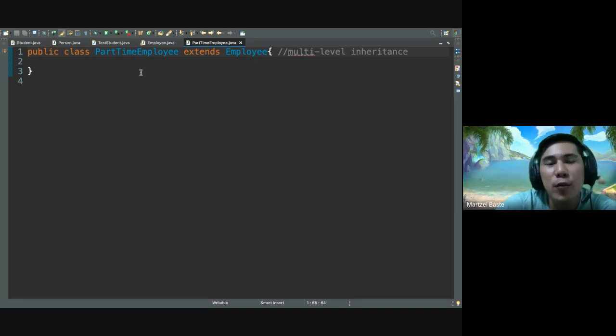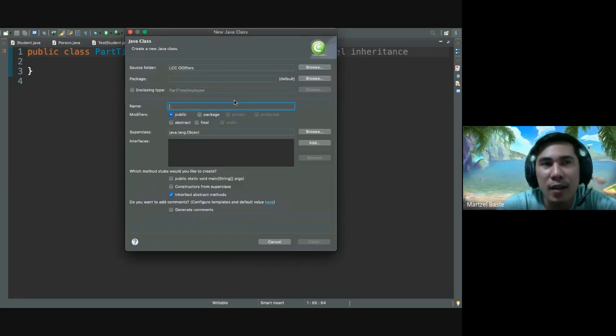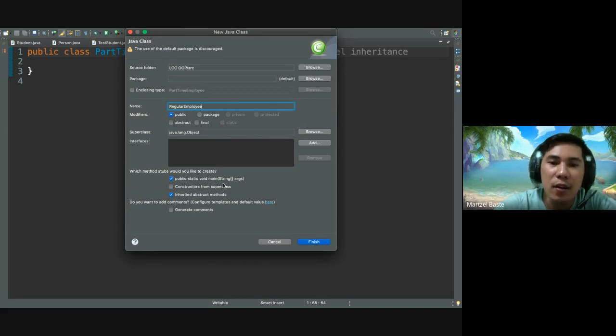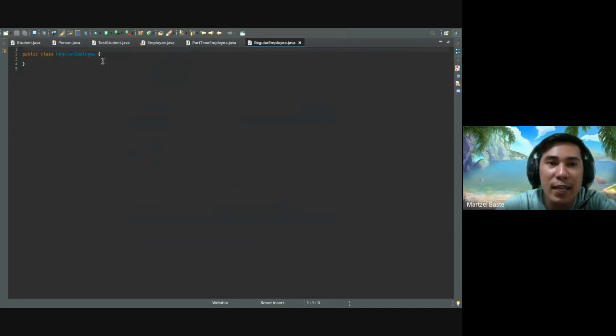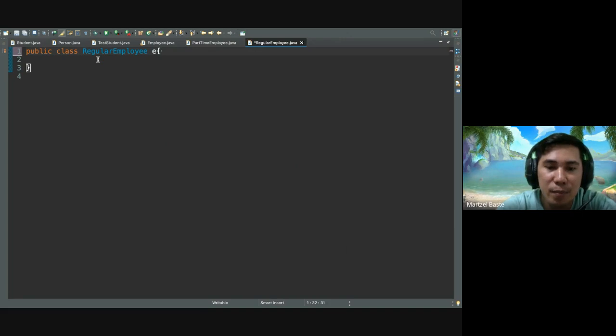Now, if PartTimeEmployee extends Employee, and at the same time Employee will have another child, let's say a regular employee, and RegularEmployee also extends Employee,